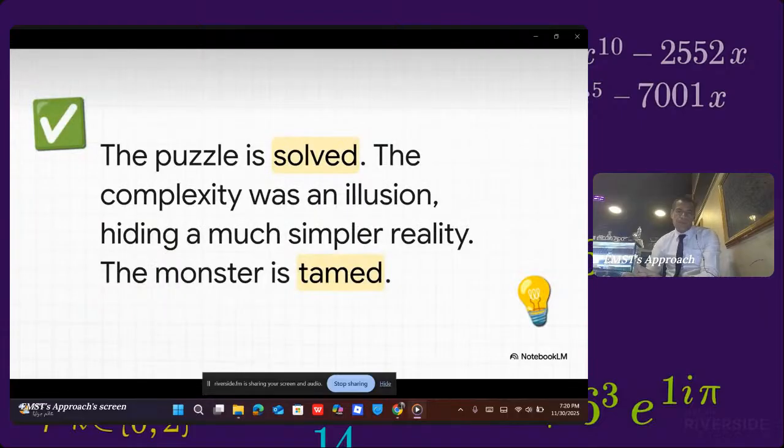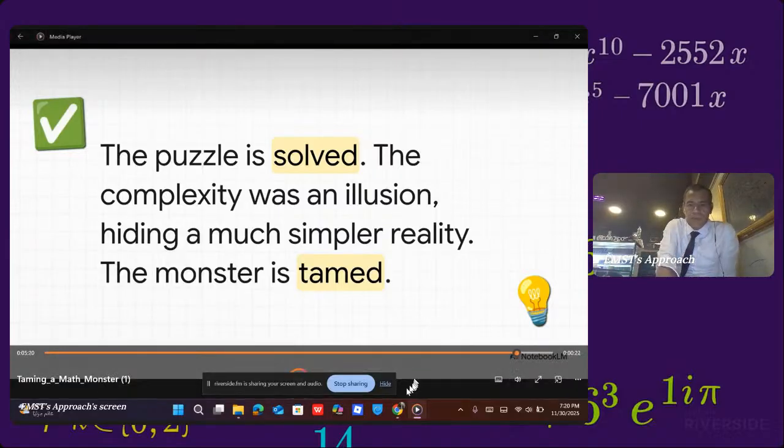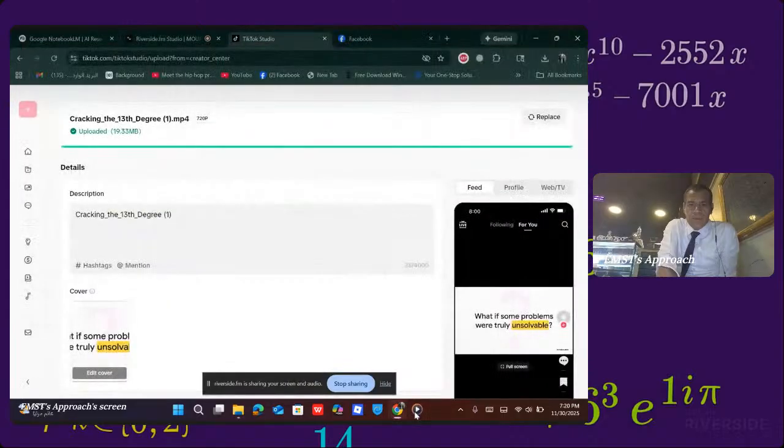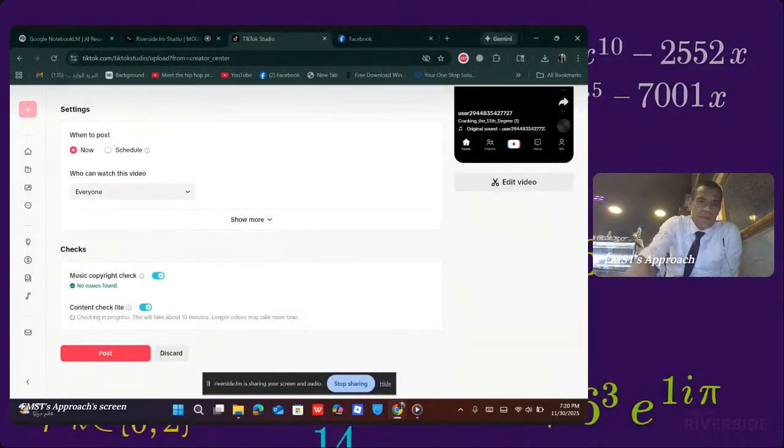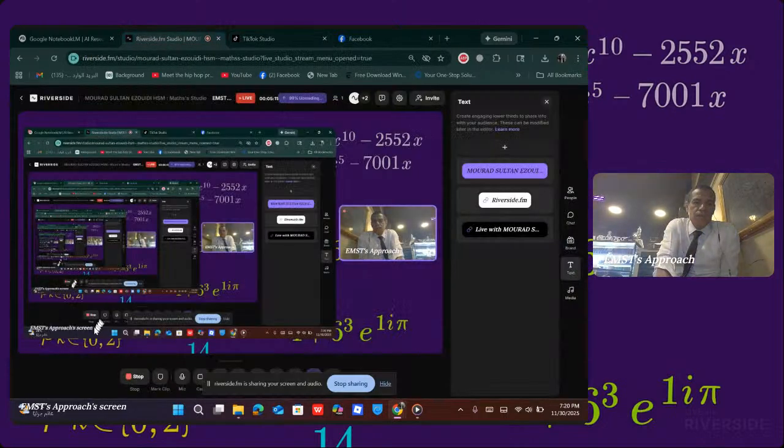And just like that, it's done. What started as an impossible wall of numbers has been understood, simplified, and completely solved. The complexity was just an illusion, and it was hiding a much simpler, more beautiful reality. And that kind of leaves you with a final thought, doesn't it? This wasn't just about math. It's a powerful reminder that underneath the surface of so many intimidating, monstrously complex problems,